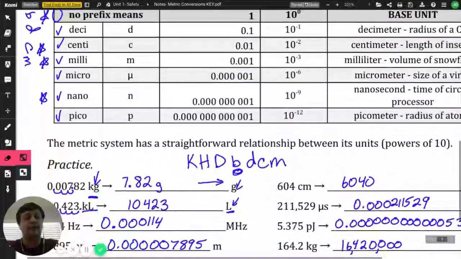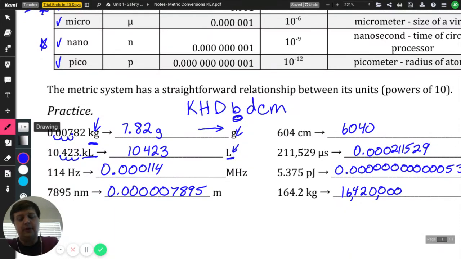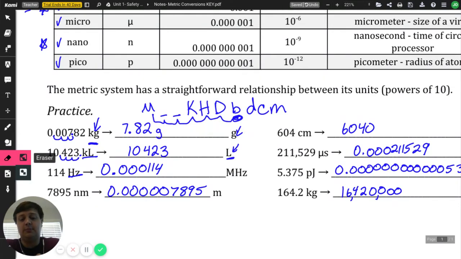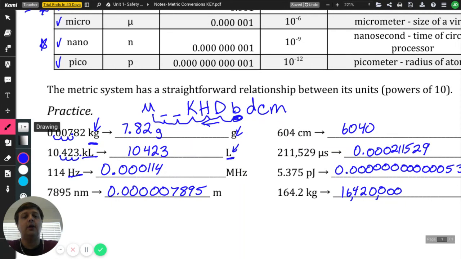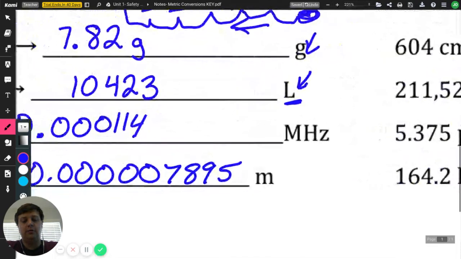And again, I told you if it's outside of this range, you increase it by 3. So if I'm going from hertz, which is my base unit, to mega, which would be, again, 3 past kilo, 1, 2, and then mega. So I'm going to go 1, 2, 3, 4, 5, 6. Now, when I did that, which direction did I move? I moved to the left. So I'm going to take it 6 times to the left. So I was at 114. I took that decimal and I went 1, 2, 3, 4, 5, 6. Put your decimal where it was and then fill the zeros in for each of those loops. Okay? All right, next one here, we've got